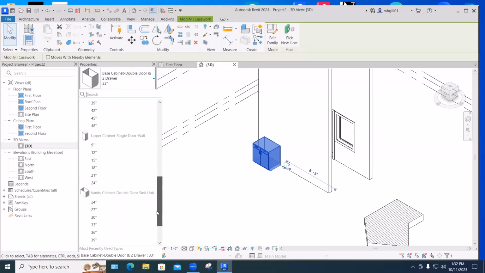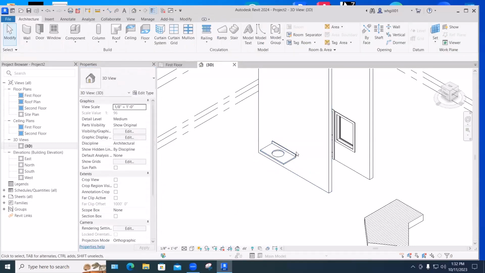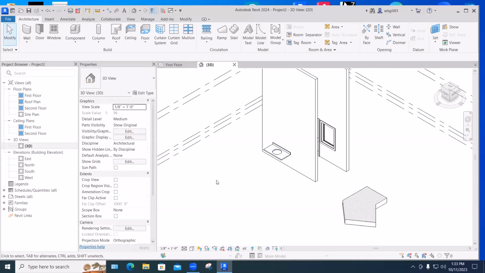Let's say a vanity countertop with a round hole, because that's just a countertop, not a cabinet. But since they're all grouped together in the same category of casework, you can switch one out for the other. I really should have just done something like